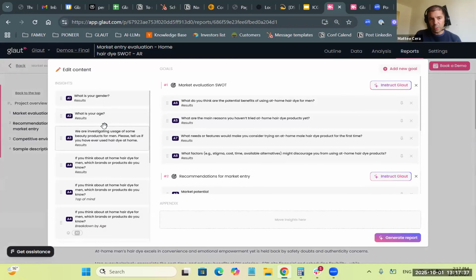And what you do is you drag and drop the supporting analysis that you have done in step number 3. And basically that tells Glaut, use this set of data, this set of analysis to answer to the market valuation SWOT analysis.